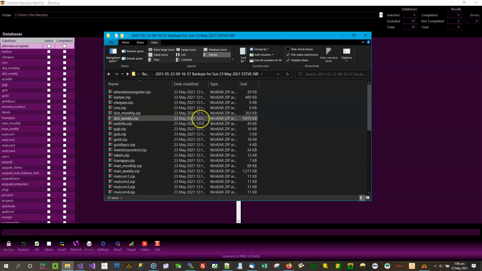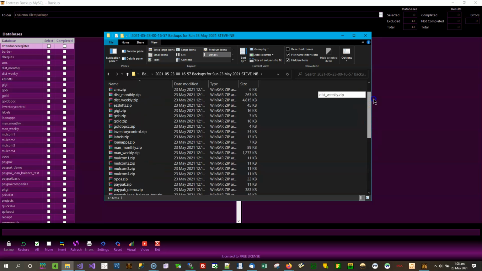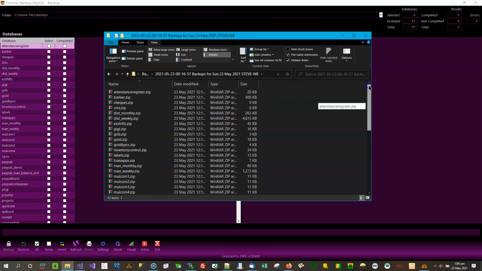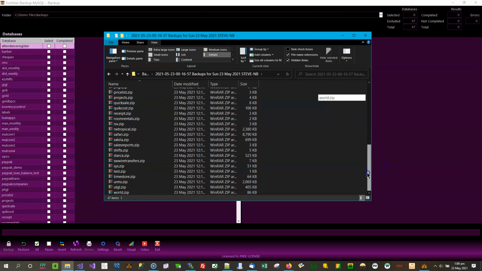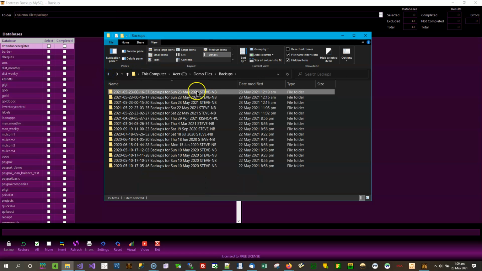So if you wanted to restore any of these or all of them, or just one of them, in the restore process, you can select the ones which you wish to restore. That's done within the software. There's an interface for that. I'm just showing you in the screen where those files are located. So I'm going to minimize this. Let's take it back to the folder list. I'm going to minimize this,